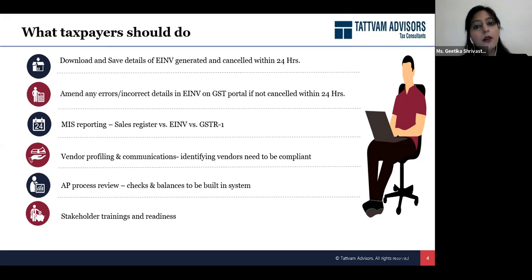While the data is being auto-populated from e-invoice to the GST portal and also to the e-way bill portal, for the GST portal, they have clearly mentioned that it will all be amendable. It will not be hard-coded or frozen. The data will not be frozen. So you can go over there and make the amendments.